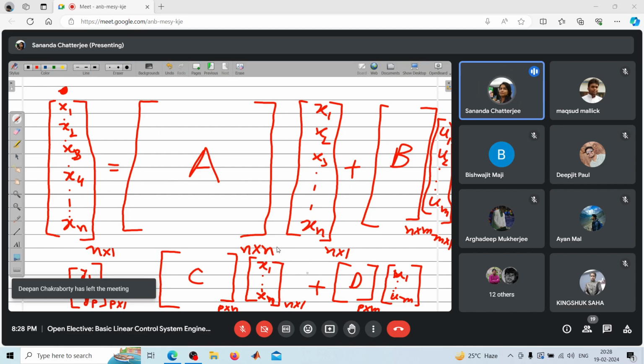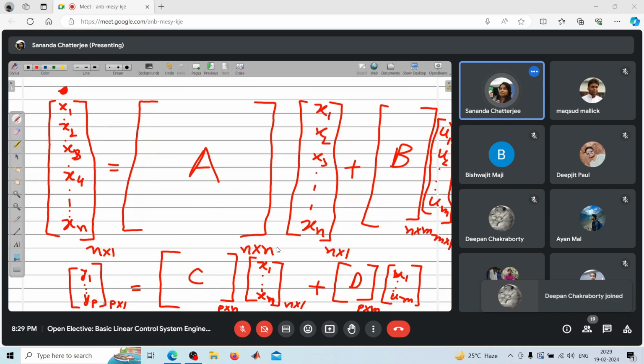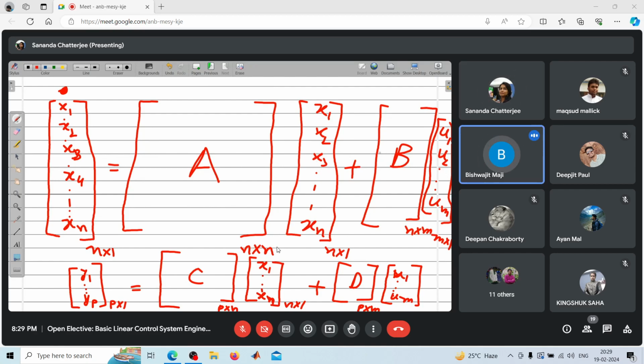Okay, so this is a generic representation where you can see that a state space model is equipped to model a multi-input, multi-output system. Because here we have considered multiple inputs, u1 to um, and multiple outputs, y1 to yp. So unlike the transfer function model, this representation is capable of